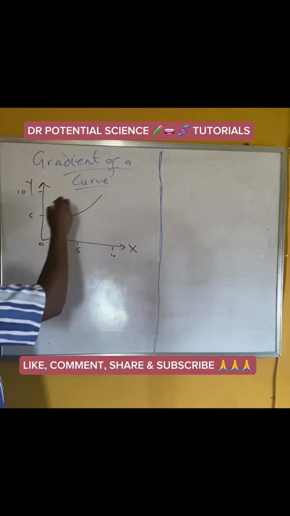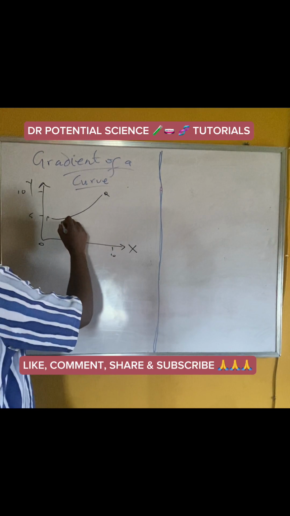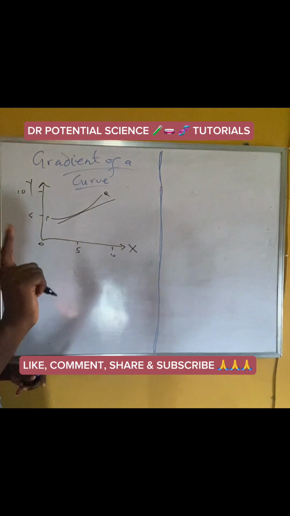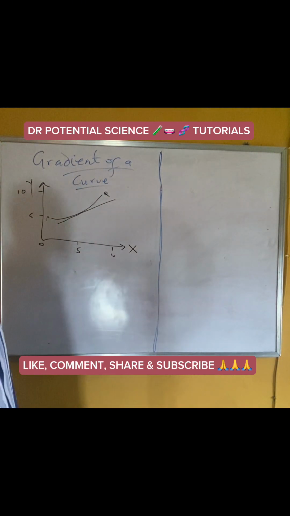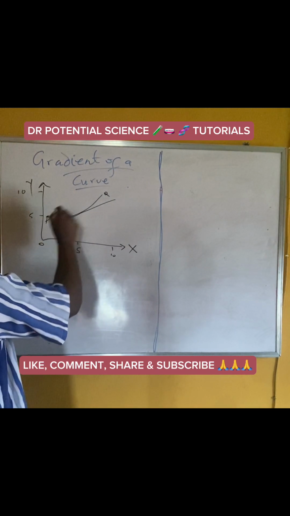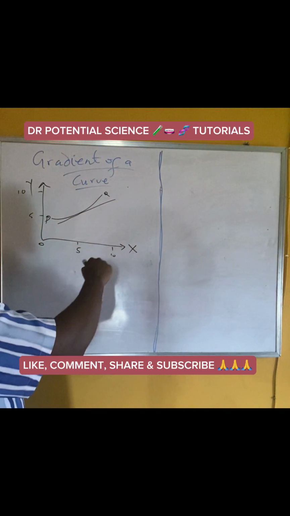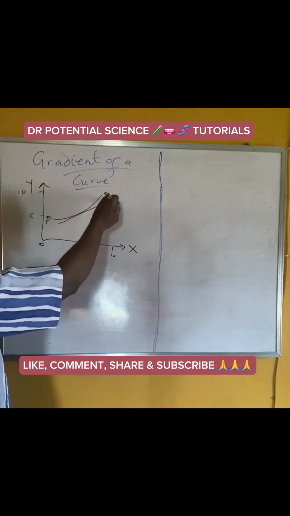Let's assume this is P, Q. Now what you just need to do is to draw a straight line that touches this particular curve at a particular point. This straight line that touches the curve at a particular point is called a tangent. So the gradient of this curve PQ is the same thing as the gradient of this tangent. Okay? So what do we do? We look for the two nearest,